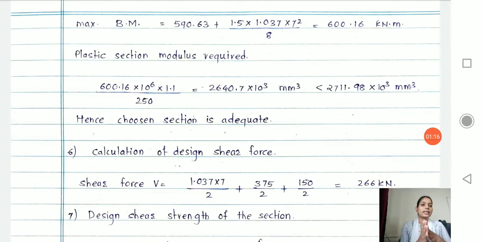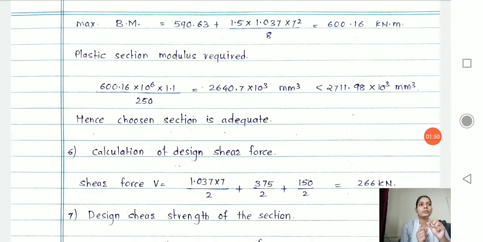So we have discussed that there is a beam which is simply supported and it has a uniformly distributed load upon it. Along with it, exactly at the middle we have a point load, right? In this beam, we want to design a section, or we have to choose a section from the steel table, and from there design our beam for the given loading condition.